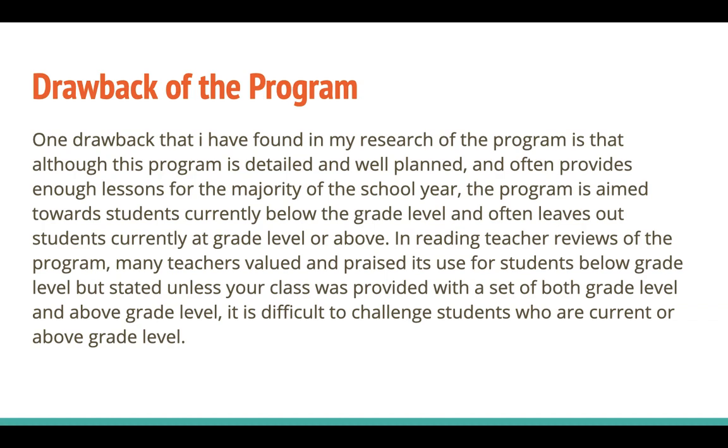So one comment I read, and a way to get around this from a teacher, was that they were privileged to have the opportunity to have, in a grade 2 class, the grade 3 set. So they would somewhat tailor their guided reading around these programs. So students below grade level would be put into groups and use the grade 2 box, and students that were above grade level would use the grade 3 box. So they're getting ahead in their reading abilities, but they're still getting that same interaction that every other student is getting in the guided reading opportunities,